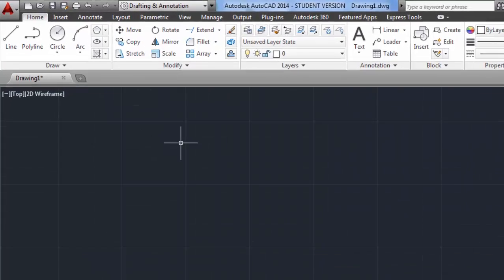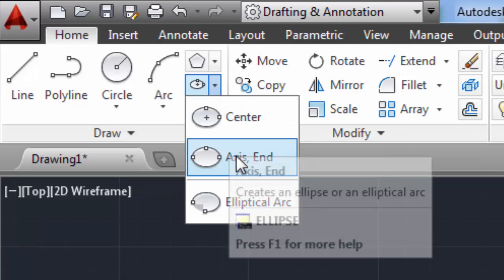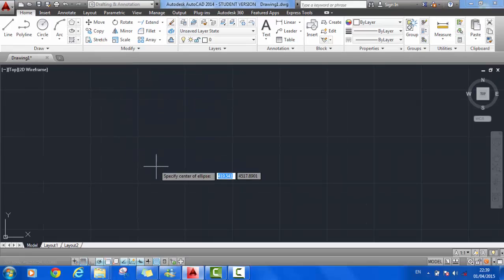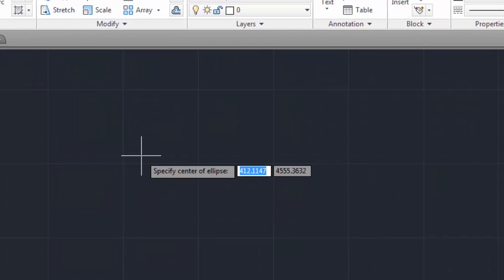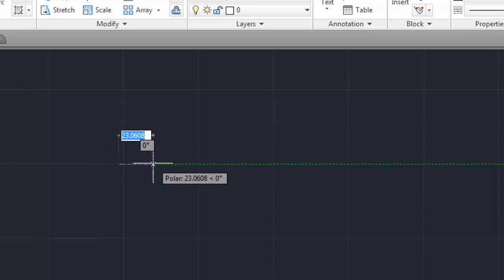In this video I'm going to be exploring the ellipse command, the center and axis end commands. So for the center, we're asked to specify the center of the ellipse. So I'm going to go ahead and left click to specify the center. I'm going to drag the mouse to my right, and it's now going to ask me to specify the endpoint